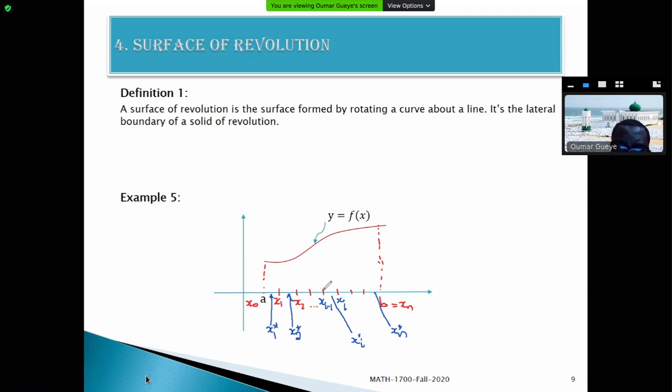And for this point, I'm just going to take the point corresponding to this on the curve. So this point, I'm going to call it pi minus 1. So this point corresponds to pi, the x coordinate of pi. For example, this one is going to be my first point. I'm going to call it p0,